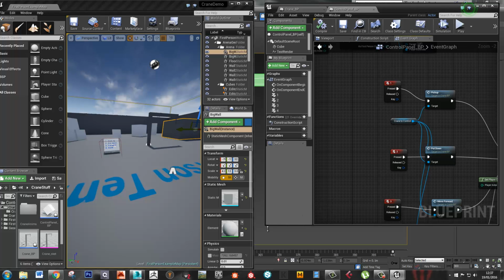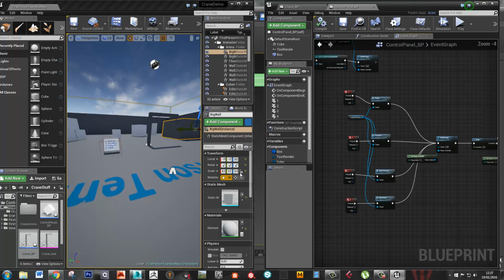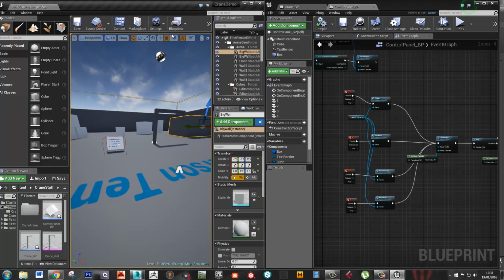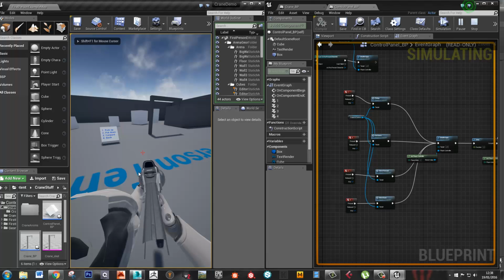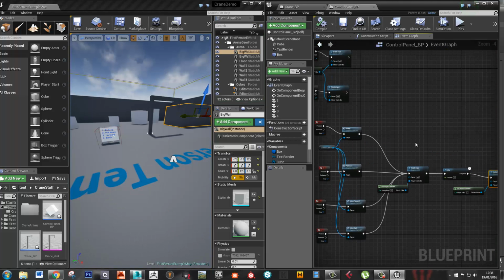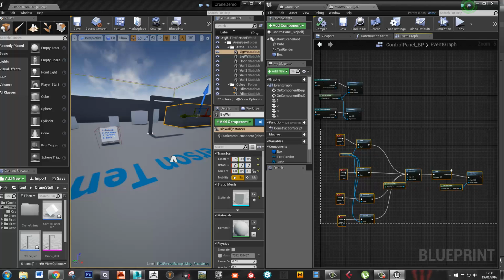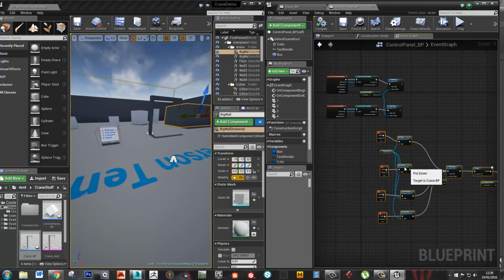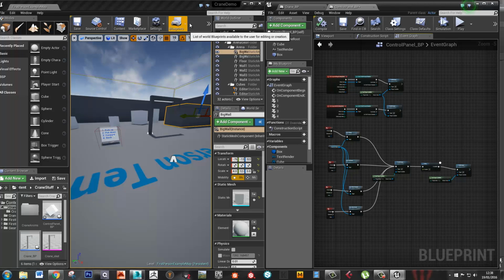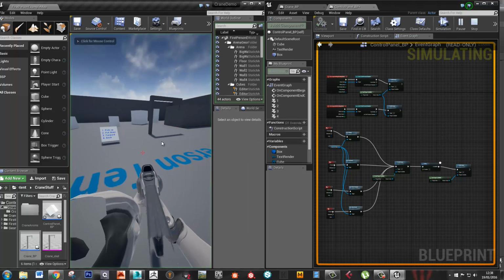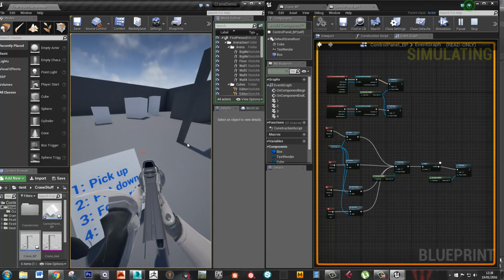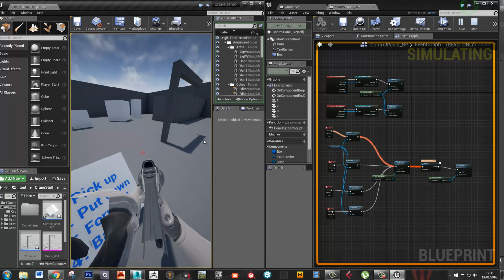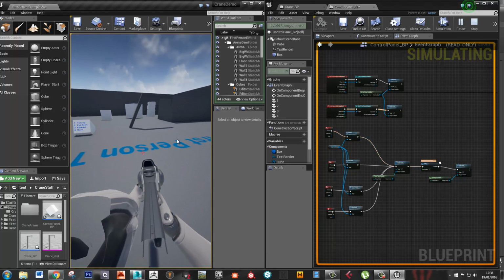Okay, so the bug we're going to have now, it's only a small thing. What's going to happen is, let me just move this so we can see. So if I move into here, press the button, then move out of it,